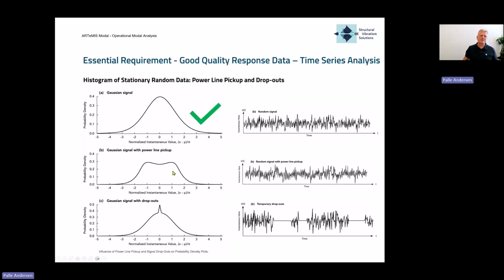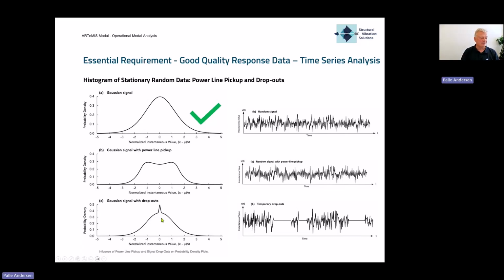And the last one is dropouts. Dropouts means that you suddenly have zero instead of having a sample. Then you become zero. So now you will have a huge collection of zero samples. And that gives rise to this kind of tap here on top of the distribution, because you get all these zeros collected in that bin around zero. So this is some of the things that we can get out from studying these histograms,